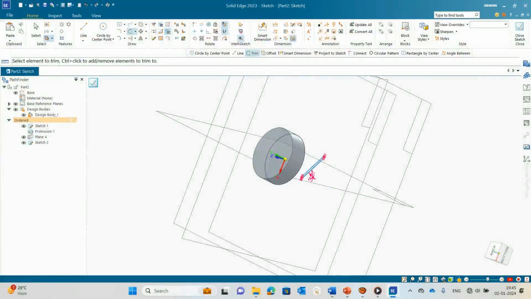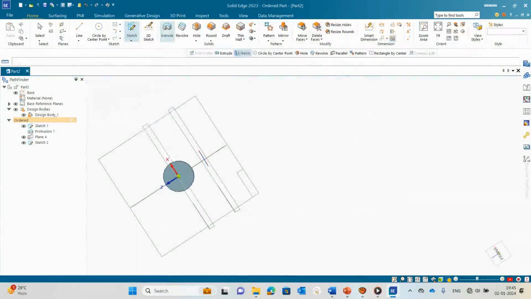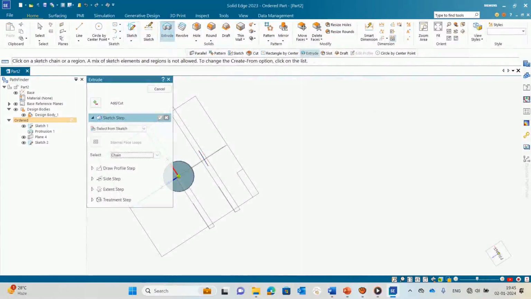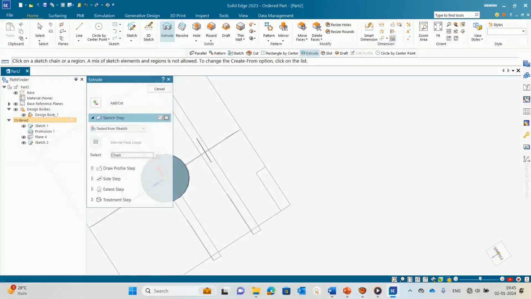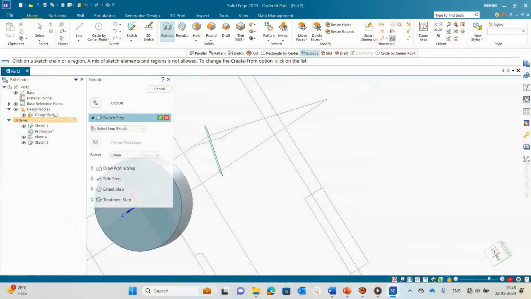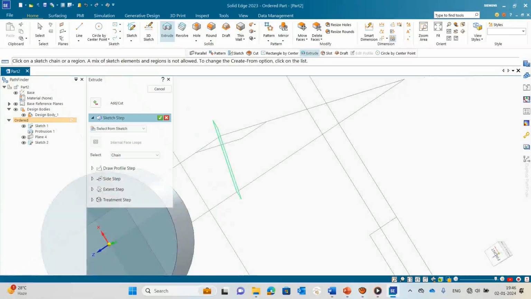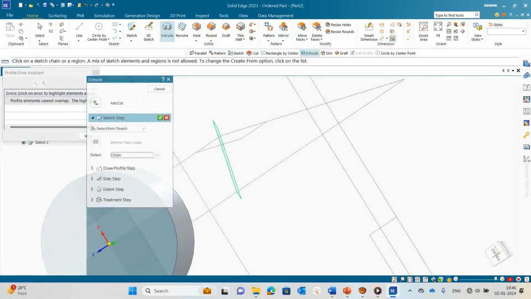Okay, next extrusion. So I am doing extrusion here. So I will select this one. Now the extrude option will be there. So chain, from the corresponding sketch. So you select the sketch. Okay, we selected. Okay, yeah, fine. Then we need to extrude